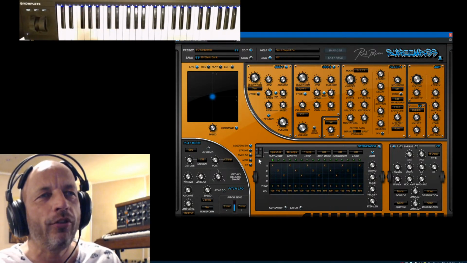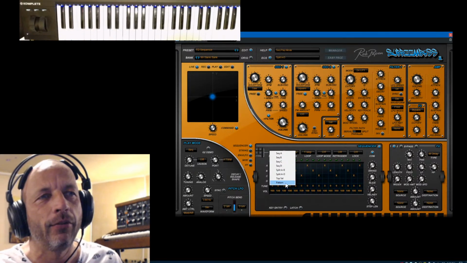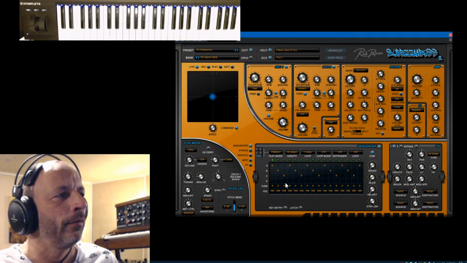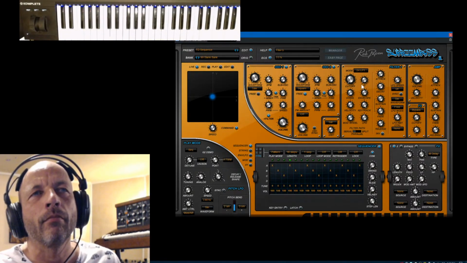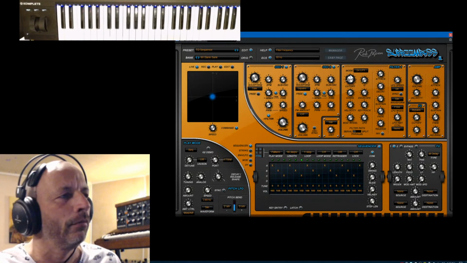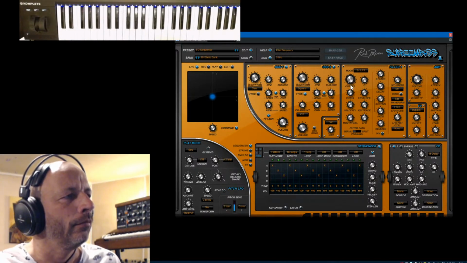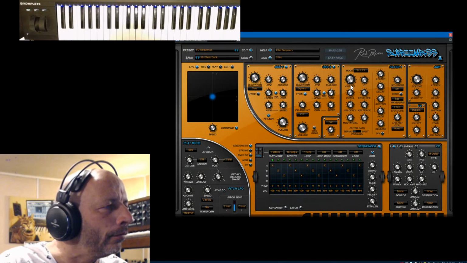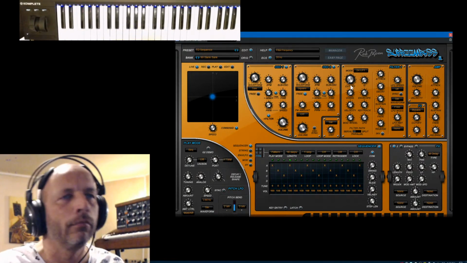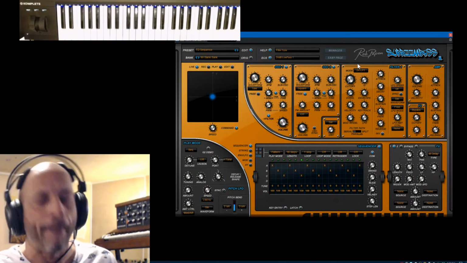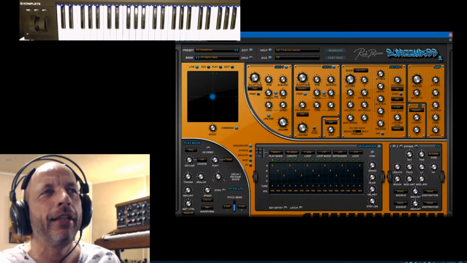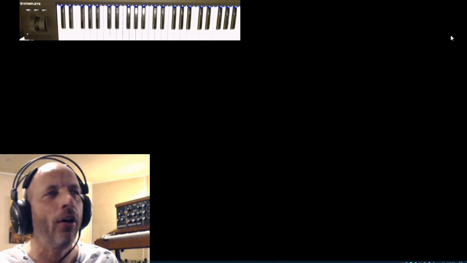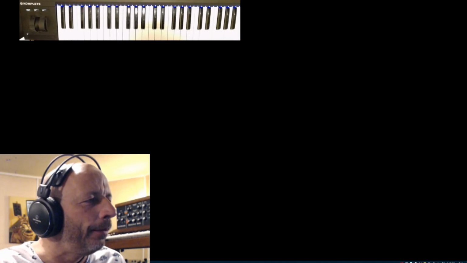So now in pattern mode, that's what I use. Of course, the play mode needs to be pattern. And then you have this nice. Yeah, so this is the one sequence. The other one is also